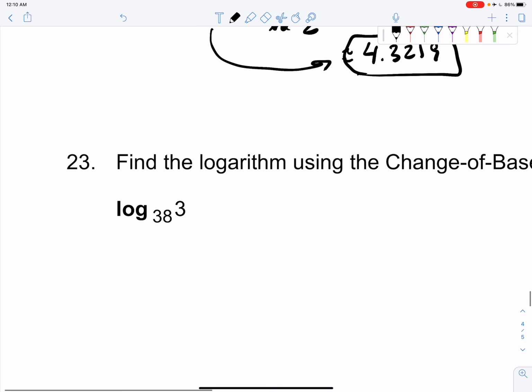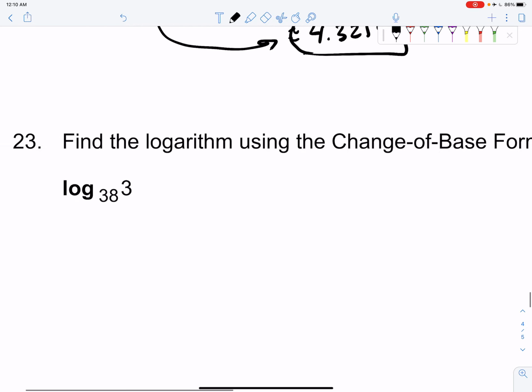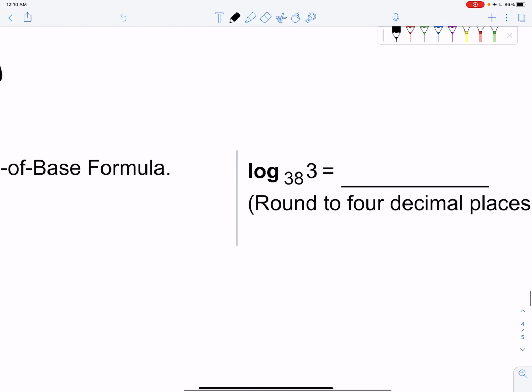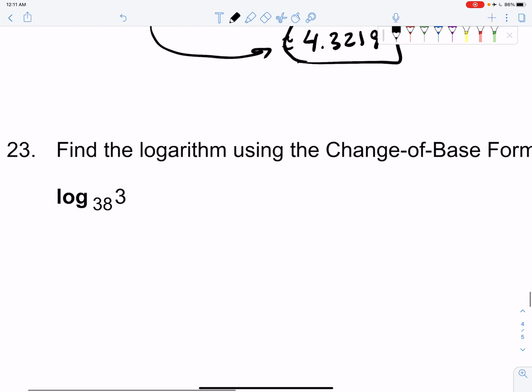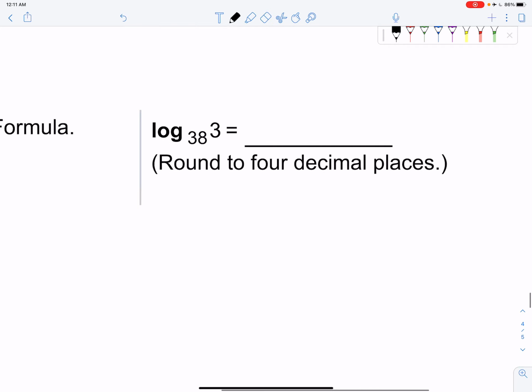Once again, and this is our last problem, I believe. All right. Find the logarithm using the change of base formula. So find the logarithm. This is going to be an approximation, round to 4 decimal places, okay? Once again, you can either use the common log base 10 of 3 over log base 10 of 38, or you could also use, which is going to be equivalent, the natural log of 3 over the natural log of 38. And that gives you the same exact answer, and I put that in the calculator, and I get approximately